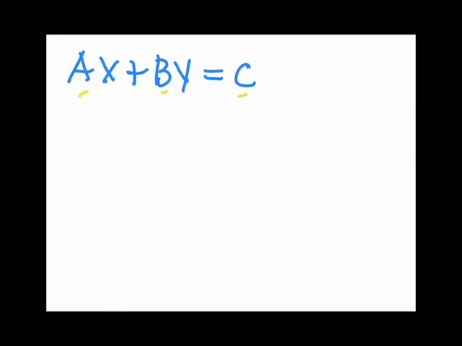Now, multiplying both sides by this quantity, one all over the positive and negative roots of this radical, which is the square root of a squared plus b squared,